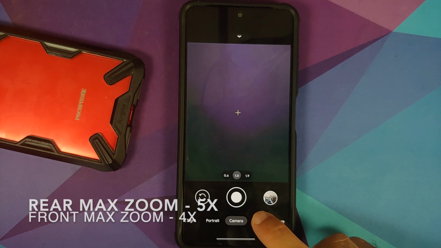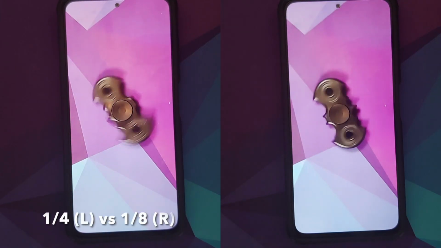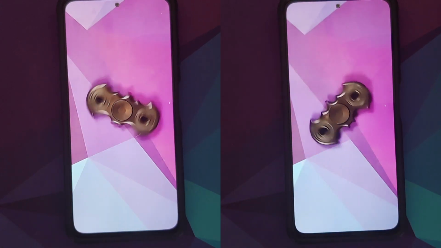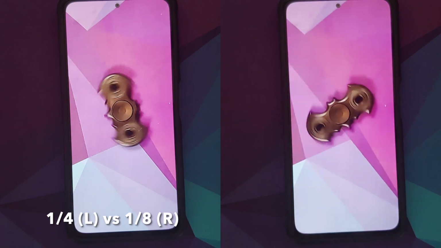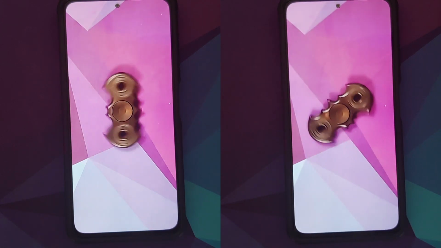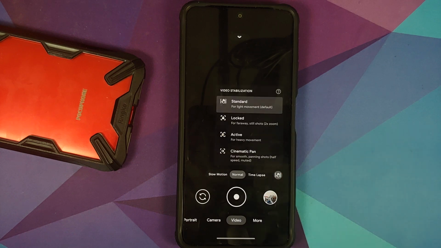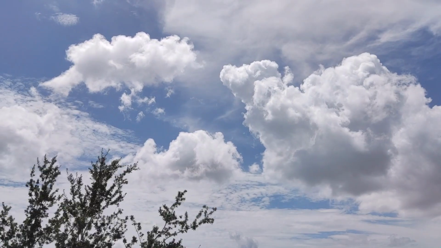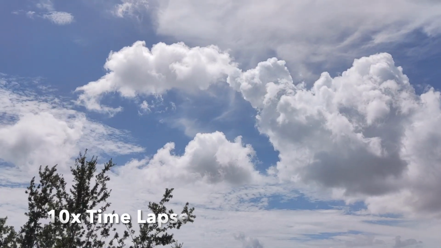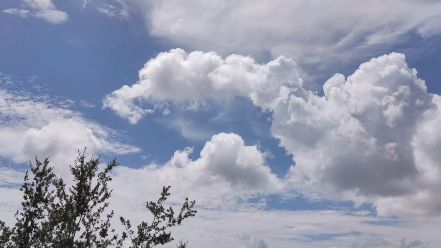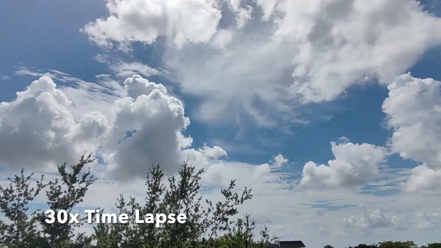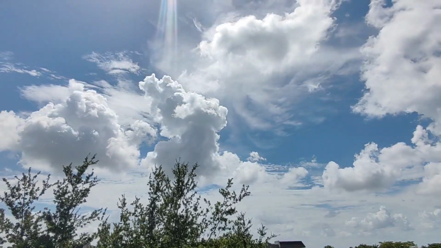And next up here, we have the option of video. So with video you do have slow motion, and both 1/8x and 1/4x work absolutely fine. Then you also have your normal video recording. Yes, 4K 60 fps works, and you also have the fancy features of video stabilization, wherein you can choose standard, locked, active or cinematic pan, and yes, all the options are working without any issues. Similarly, you also have time lapse. So again, you can record in 1x, 5x, 10x, 30x and 120x, and it works with both the normal and the